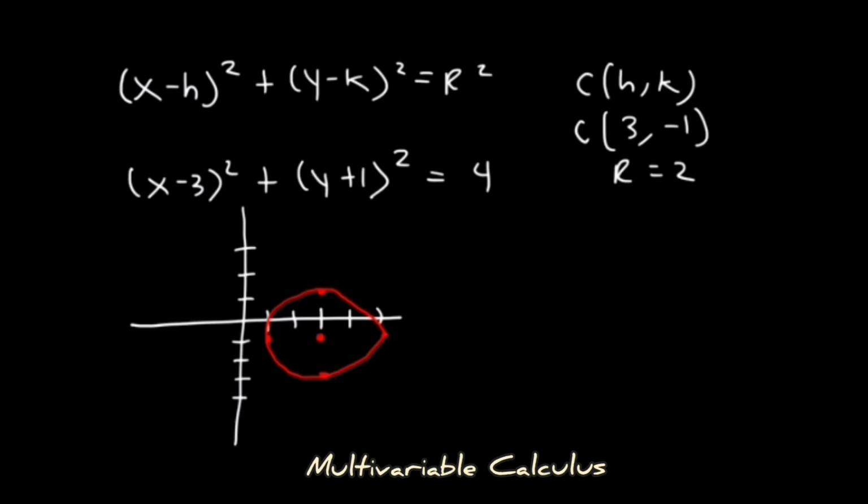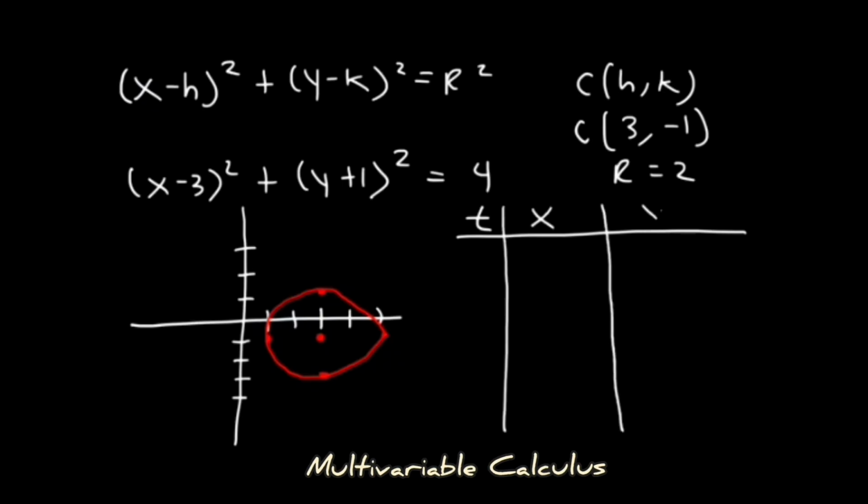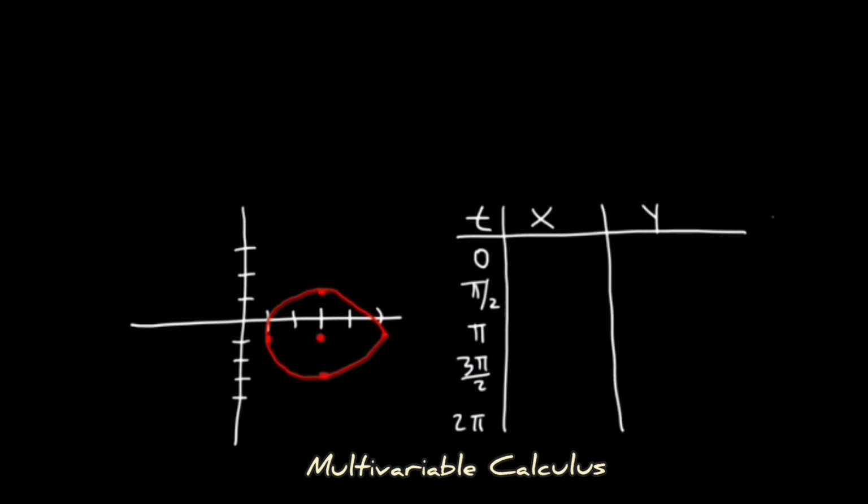Now, what we need to do is determine, should the arrows be pointing in the clockwise direction or the counterclockwise direction? So let's make a table to find out. So we're going to have t, x, and y. Now, we said that t is between 0 and 2 pi. So we're going to choose 0, pi over 2, pi, 3 pi divided by 2, and 2 pi. Now, we said that x is equal to 3 plus 2 cosine t. So if we plug in 0,